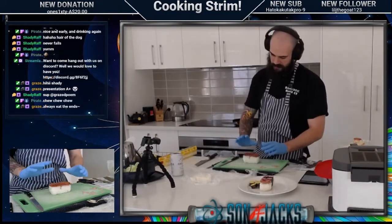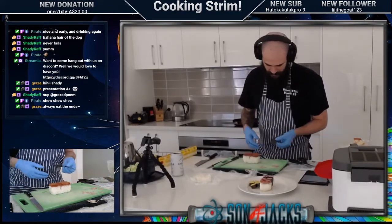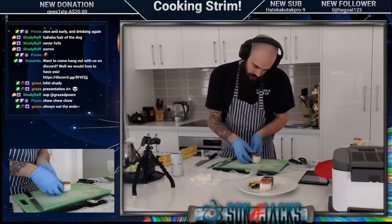Now obviously this rice is probably a bit thick. Probably didn't need as much rice as I ended up making. For these guys anyway. But you know, at the end of the day...